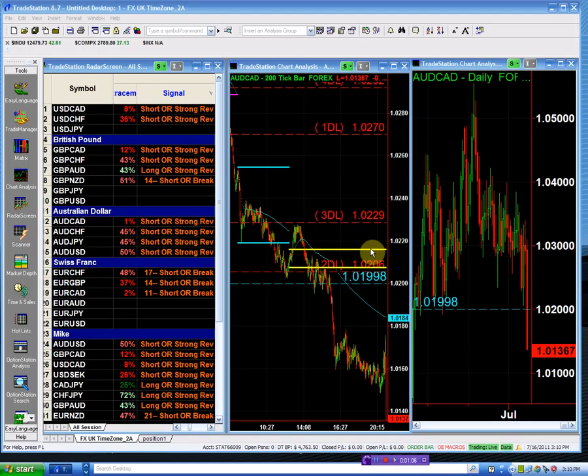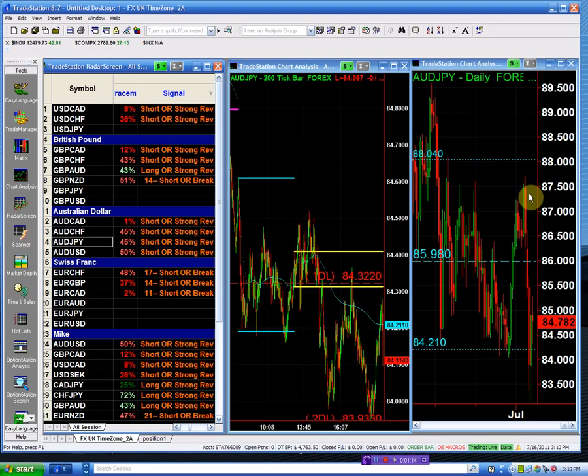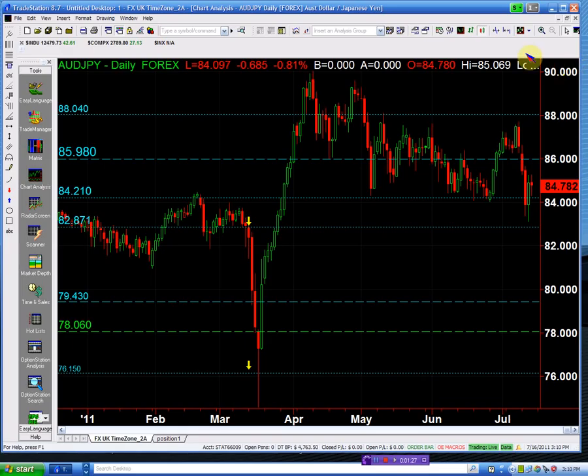Okay, so we did the Aussie CAD, the Aussie Swiss, the Aussie dollar, so might as well do the Aussie yen. And this is quite an interesting pair, because this is the one pair where the Aussie actually came back and closed above the 84.21, which is a structural point,